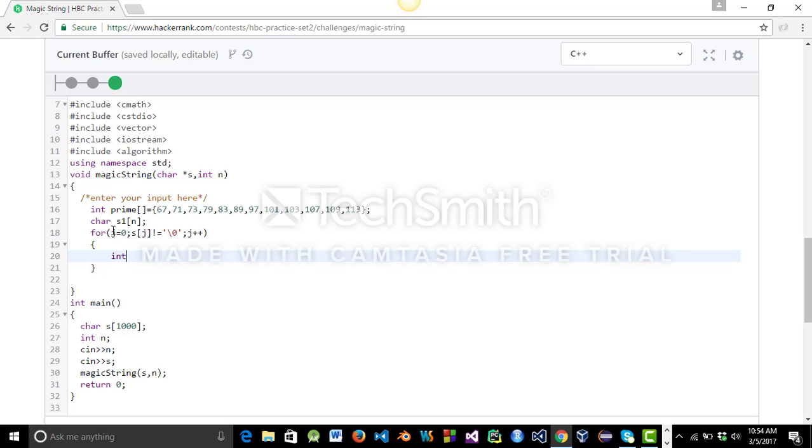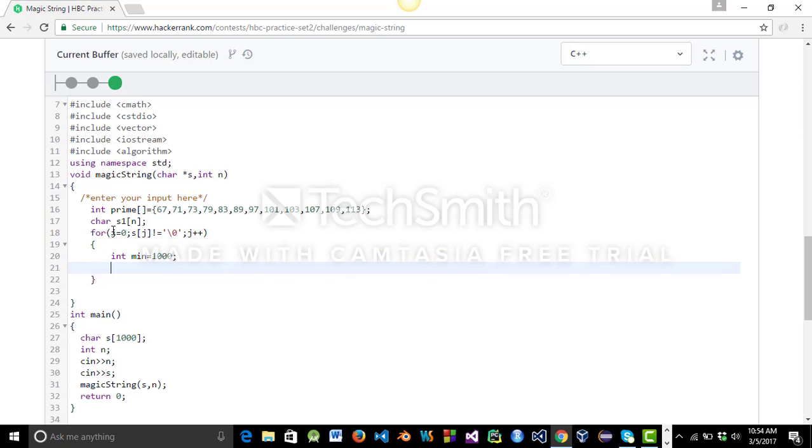Let's take an integer called min, which is equal to 1000, and now we want the ASCII value of s of j. So we say int p is equal to int of s of j. By typecasting s of j to an integer, we get its ASCII value. So now p has the ASCII value of s of j.